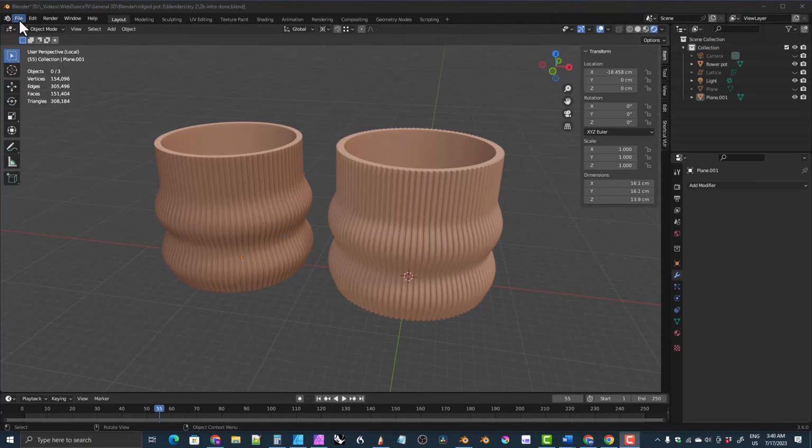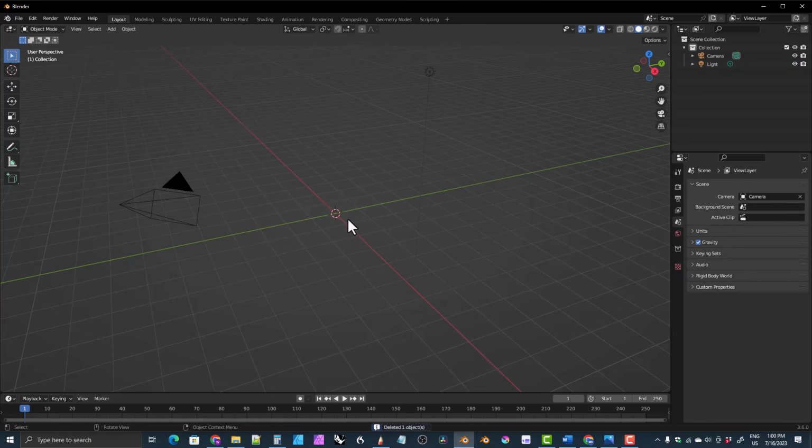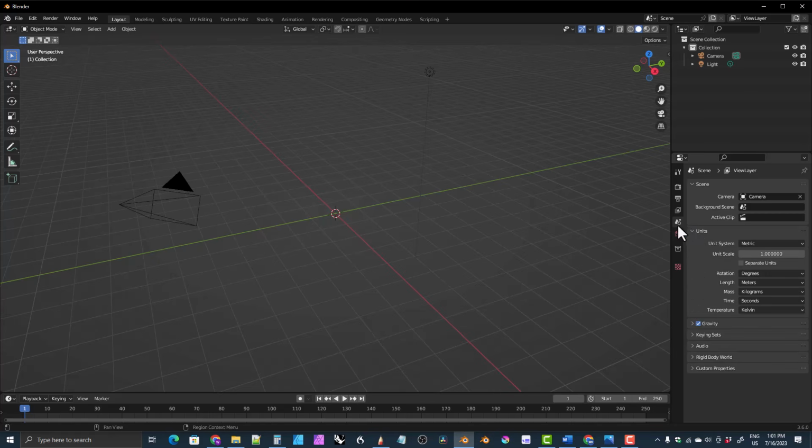And we'll start off by creating a new file, and we'll delete the default cube, of course. And before we actually start modeling, I want to change the units. So we're going to be making this flower pot 15 centimeters across, 15 centimeters in diameter. And Blender is set up to use meters by default. You could work in meters, but you'd have to constantly be changing the size from meters down to centimeters. But what we're going to do instead is change the units. So come here to the Scene tab, click on Units, change the length from meters to centimeters, and change the